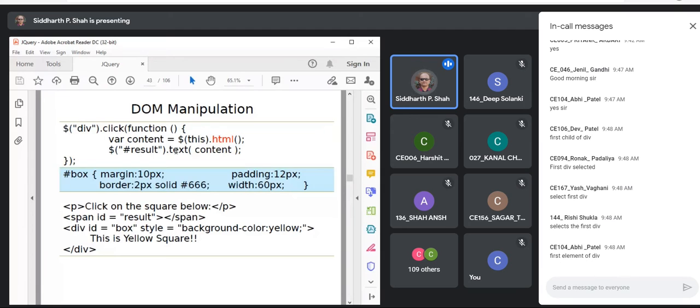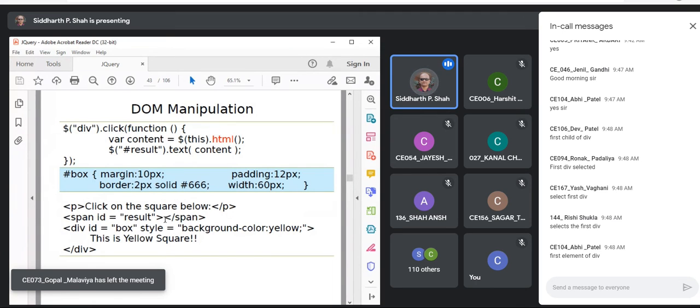Similarly, there is a text method. And you know what is the difference between innerHTML and text content? That is the difference between the HTML and text methods. This will give you the innerHTML content of this division because you are passing this, and the same content you are setting to this result, and result is a span. So in this span, what content will be set?